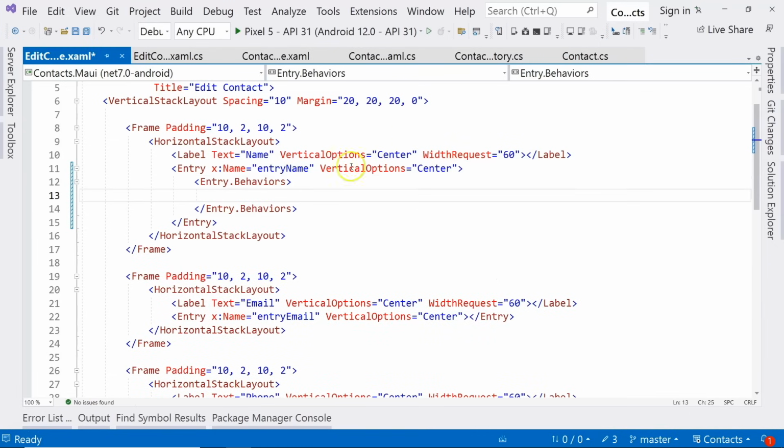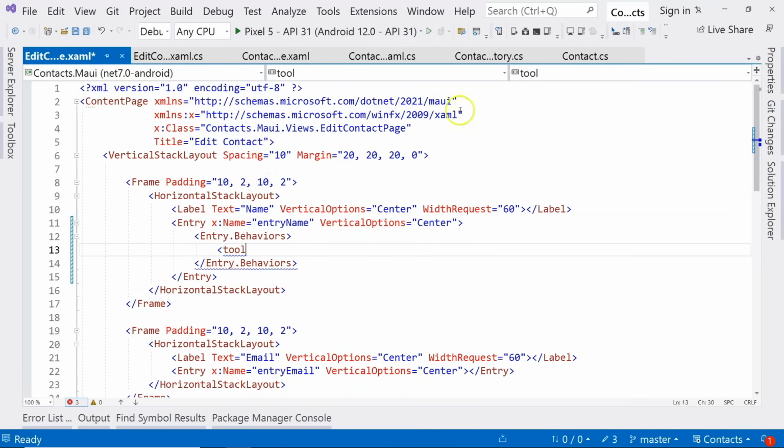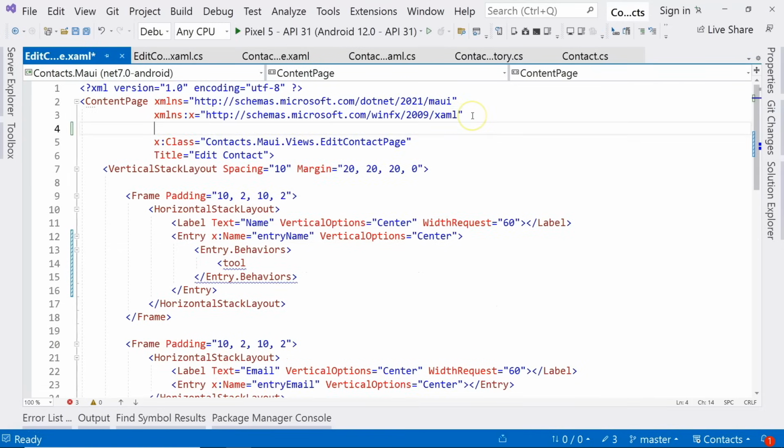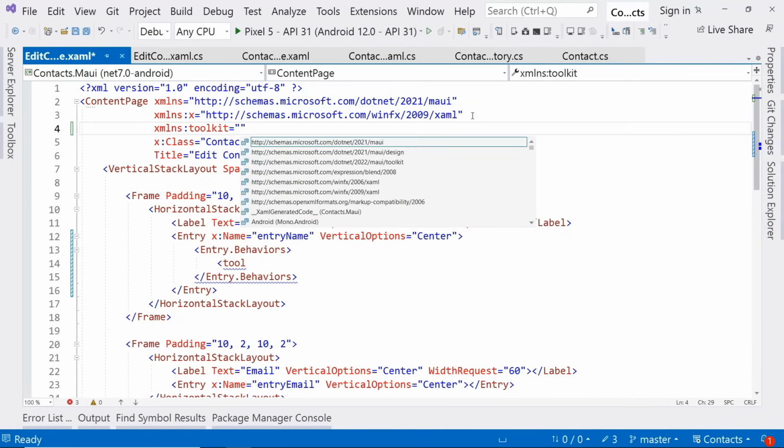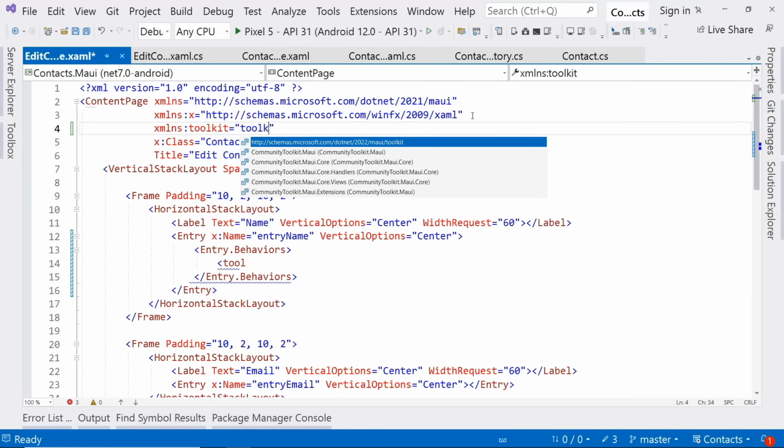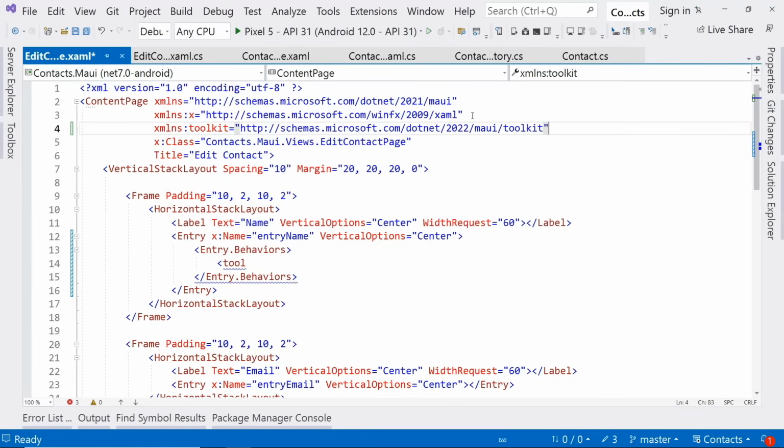So this is part of the community toolkit that we just installed. And then we can use toolkit. This namespace does not exist, right? So we can create that namespace here, just like we created this extension namespace. So we need to do xmlns:toolkit. You don't have to call it toolkit, you can call it whatever you want. But here we need to refer to the toolkit, the MAUI toolkit that we just added. And then here we can use toolkit: